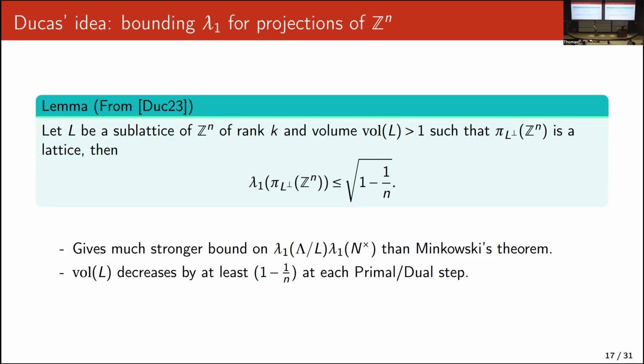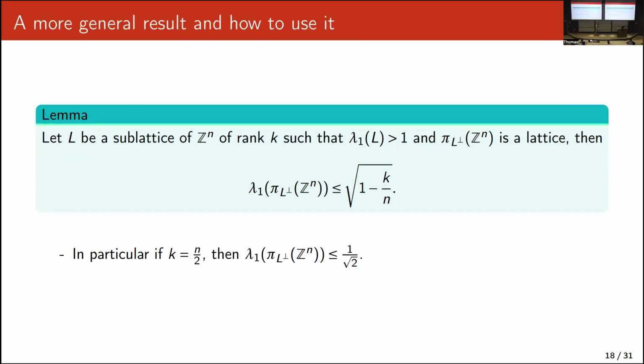And this means that the volume of L, because you can also apply it to the dual bit of the equation, will decrease by at least 1 minus 1 over n multiplicatively at each step. And so this shows that you can use only n over 2 approximate oracles. So our first result is to extend this lemma and to show that if L is a sublattice of the